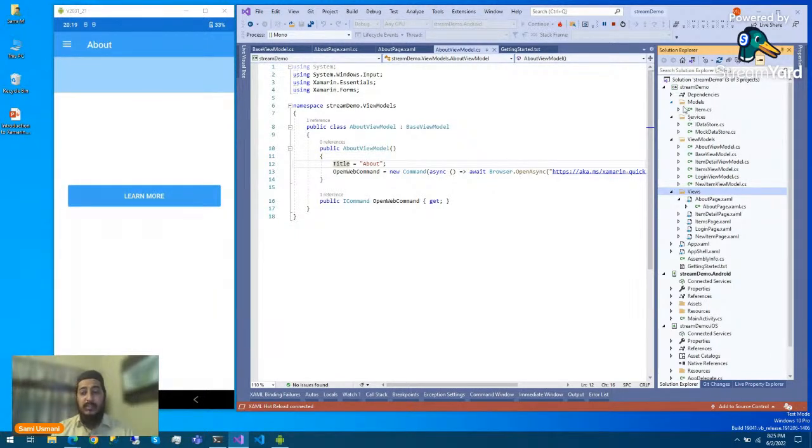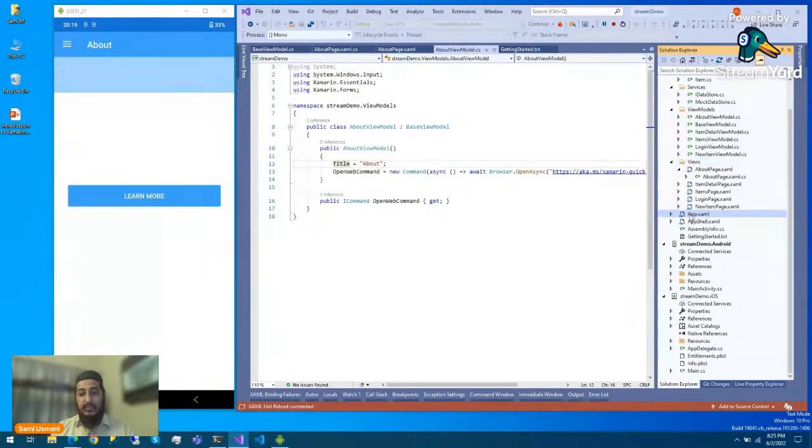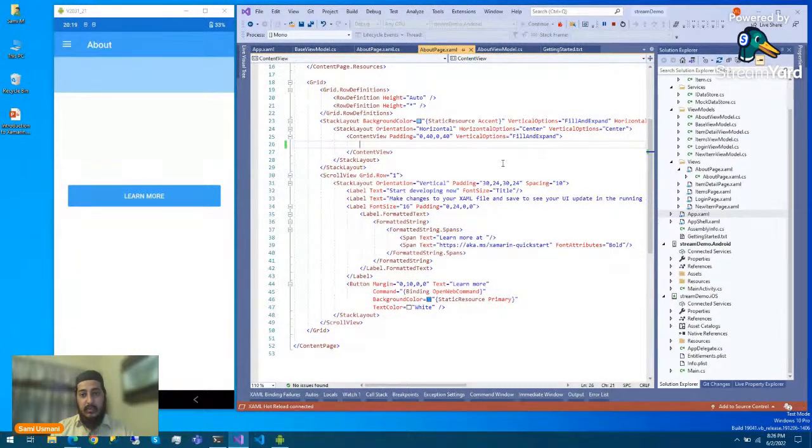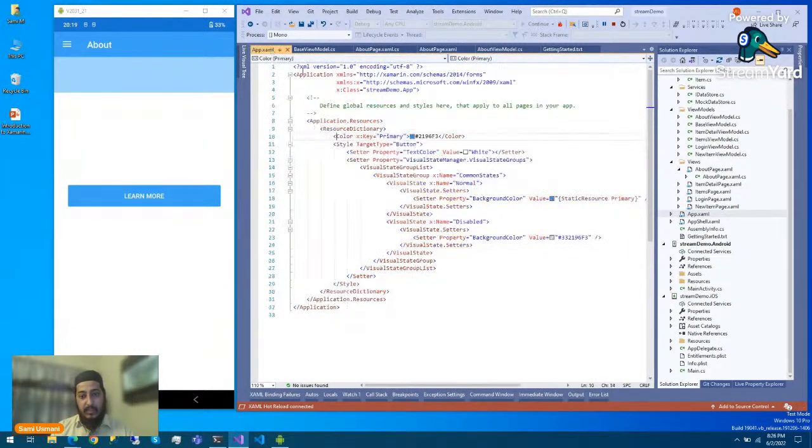And then when we are ready with our application, there are some options like app.xaml. This is like a global place, a global class, where we can define multiple options, multiple resources, multiple styles, you can say, for our application. Like here it's primary, and we can see that this primary color is used in our application. So this is our class for using multiple options, multiple resources, multiple variables for designing the application.